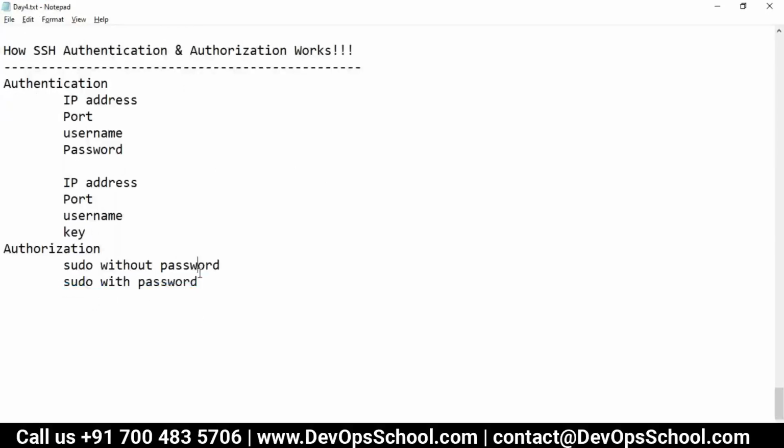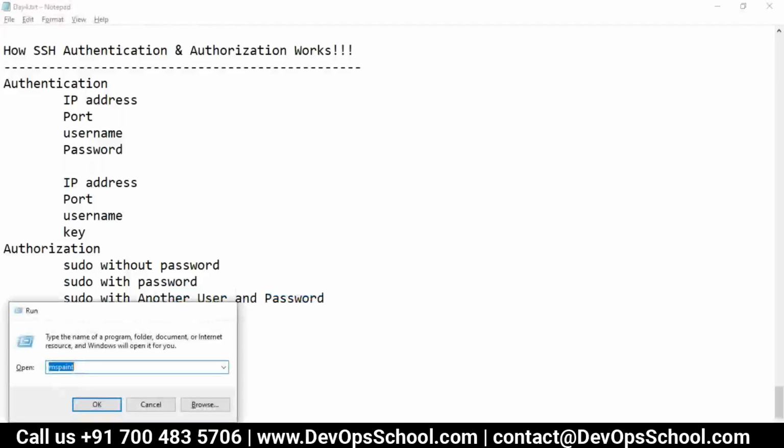Yes. Sometimes what happens? Sudo with another user and password. That is a thing. Understand: sudo with another user and password. That means if you do sudo, you will not be using your own user ID, but another user ID and another password. Why does this happen? In a production server, most of the time you will have such a scenario.